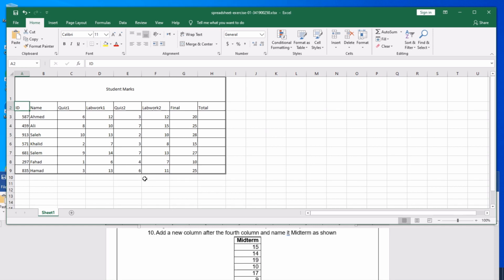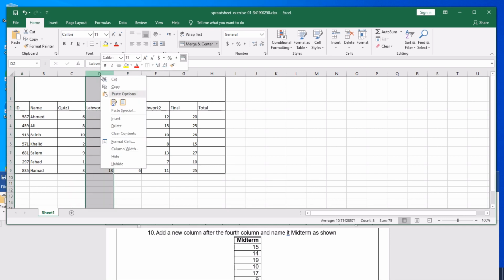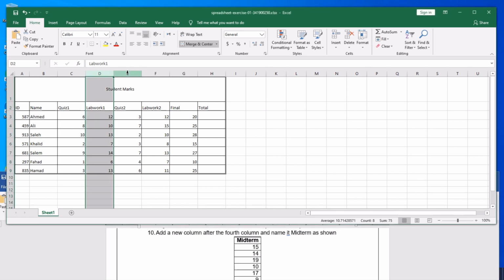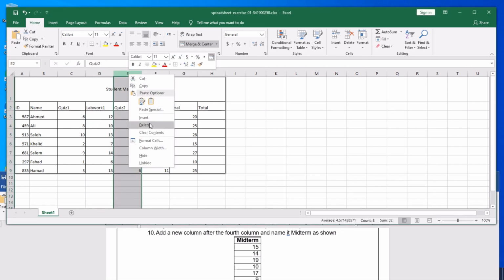So how do we add columns? Now if I again, as we did for the row, click the D, which is the fourth column, if I click that title D and I click insert, it will insert a column, but it will insert it before the fourth column. But the question here asks me after the fourth column. So in this case I will click E, because E is the fifth column. When I right click and insert, it will insert a column before column E,